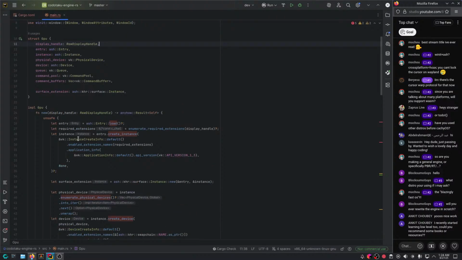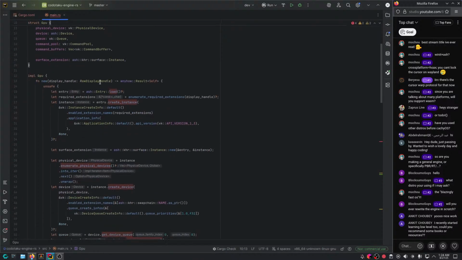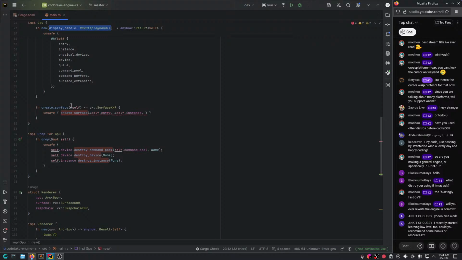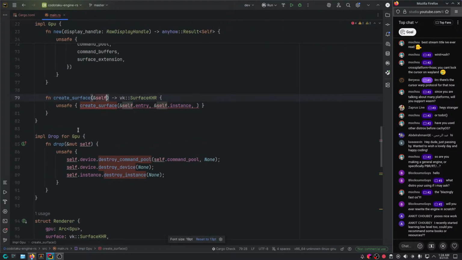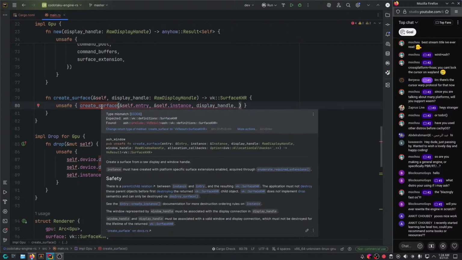I feel like it's not really a good idea, really. So let's just take it as an argument again. Yeah, let's just do that. In fact, we're gonna need the window anyways, in a second. So let's grab the display handle, and what's next? And next we're gonna need, there we go, the raw window handle.